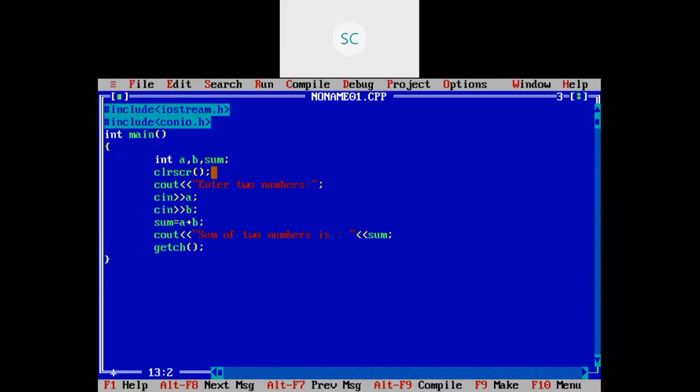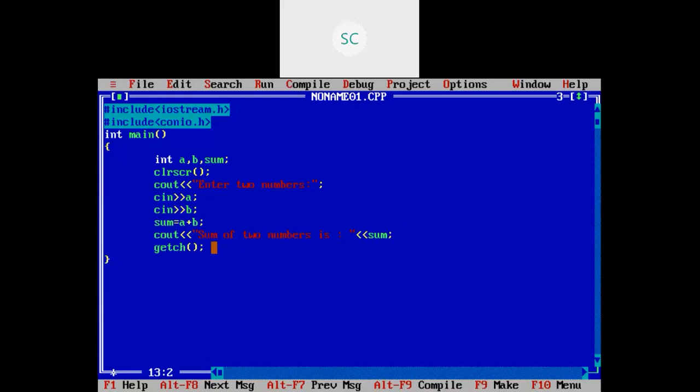See what I'm trying to do. I have declared two variables and one more variable for storing the sum, the addition value. I'm clearing the screen. I'm asking the user to enter two numbers. After seeing this message, the user will enter two numbers. Those two numbers I'm going to read into a and b by using the cin object. Here I added the two numbers, and I'm printing the sum value in the output by using cout. Just give some message and print that variable. In the sum variable we have the sum value, and that value I'm going to print in the output. Then getch means after the execution, no need to press Alt F5, it will directly go to the output screen.